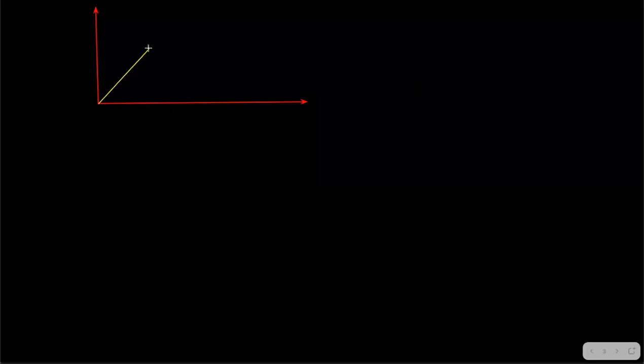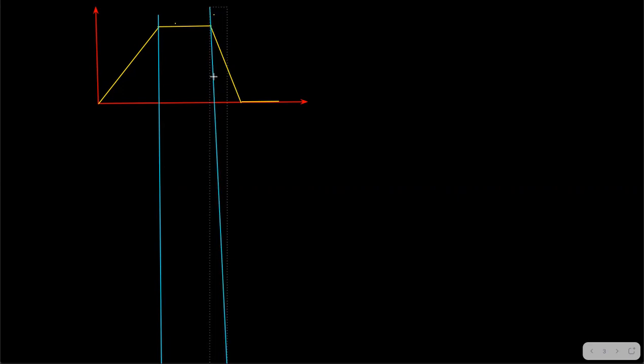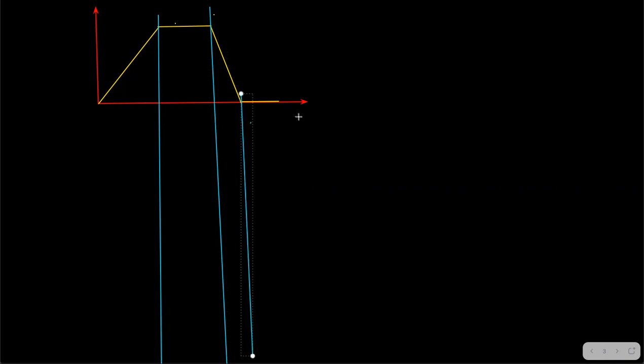Now redrawing all these things, the follower motion and all. I'll just make it fast so that we can complete this topic, guys. So this is your follower, right? So rise, total rise, then dwell period, and then return, and then again one more dwell period. Just trace these points downwards. And we'll trace over here also, and then even here we'll trace the point, and finally we'll trace the point even here.